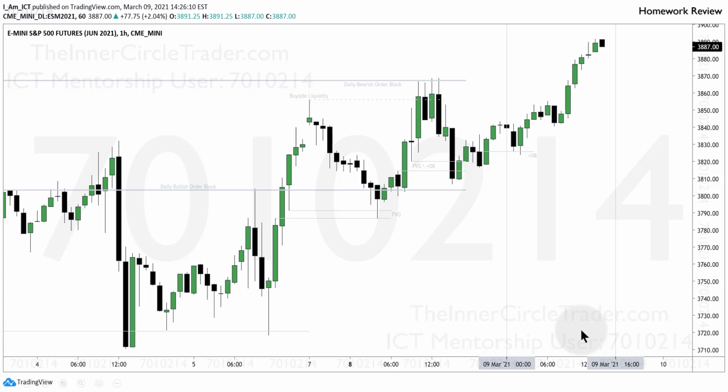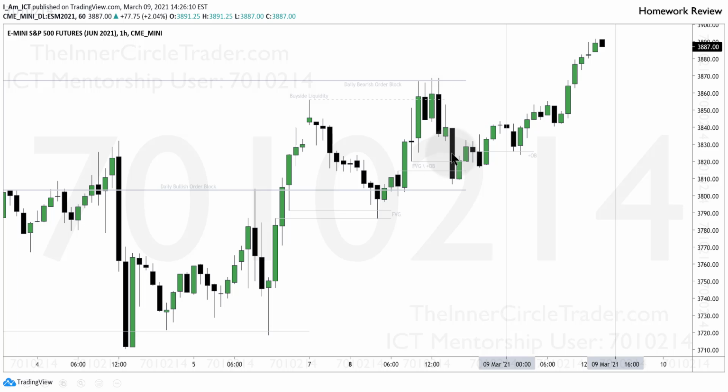Dropping into the hourly chart, you can see we have that daily bullish order block level and the bearish daily order block. We have a buy-side liquidity pool resting above this short-term high. Market drops down into 60-minute fair value gap perfectly. Rallies up. Small little imbalance here. Creates a fair value gap as well with an order block. Trades back down in after hitting the bearish order block level that was outlined on that daily chart.